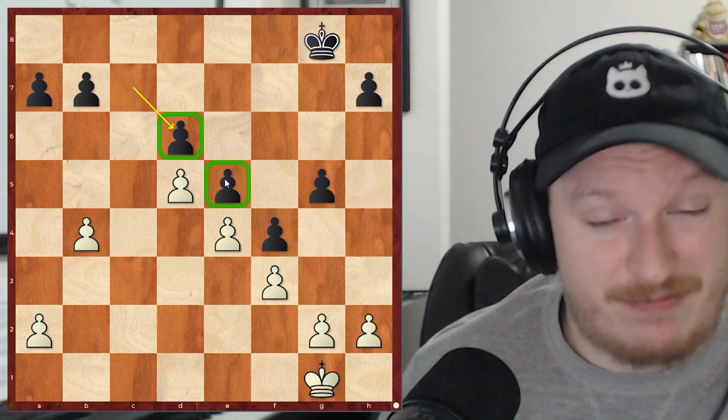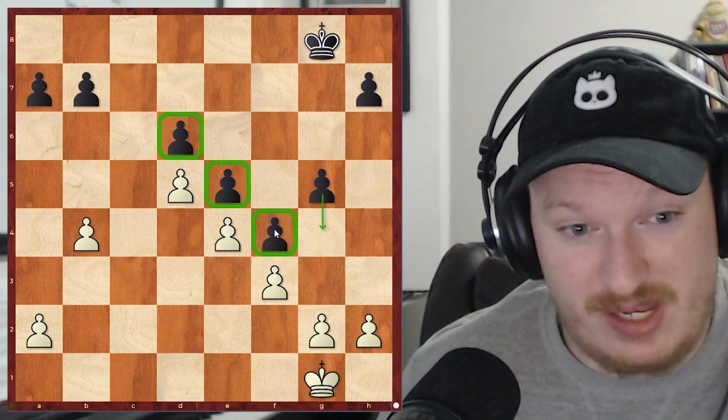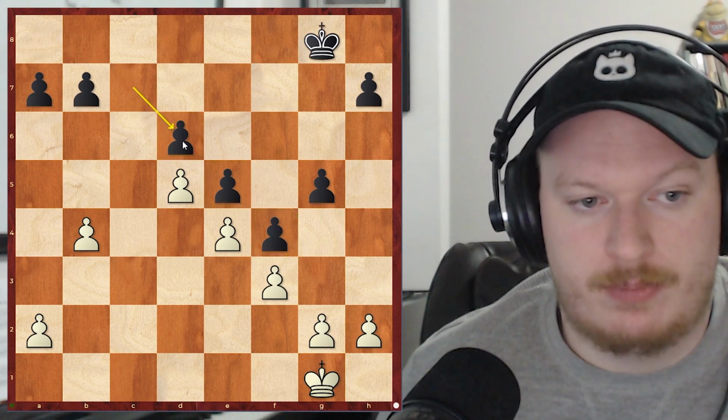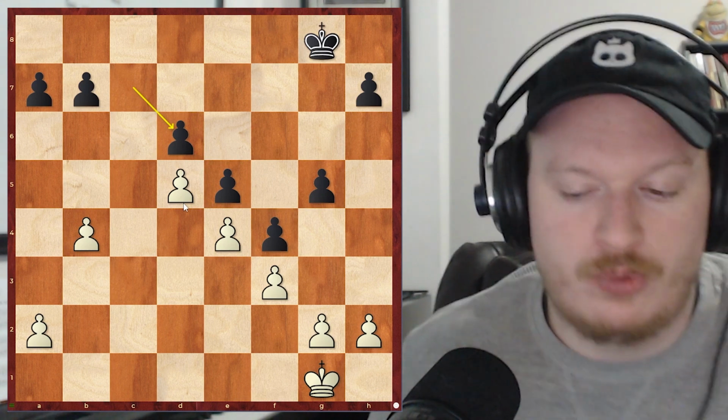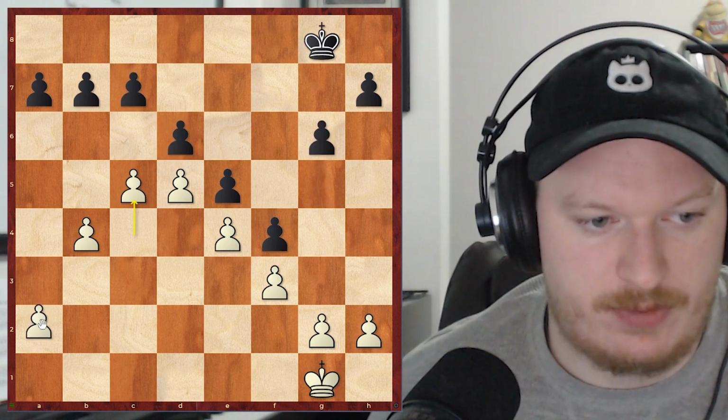Because then this e5 pawn's probably going to fall. g4 gets harder to play because f4 is even harder to defend. So everything in the structure becomes weaker as a result, and it's no different for white. For example, if white were to be a little bit more passive here,